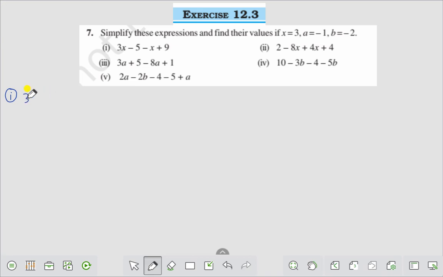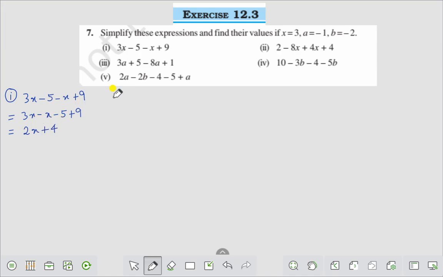So question number 1 is 3x minus 5 minus x plus 9, that is equal to 3x minus x minus 5 plus 9. Here you get 3x minus x is 2x, minus 5 plus 9, that is plus 4,